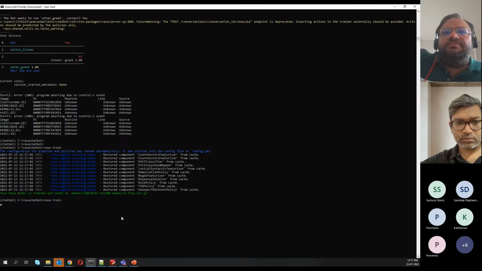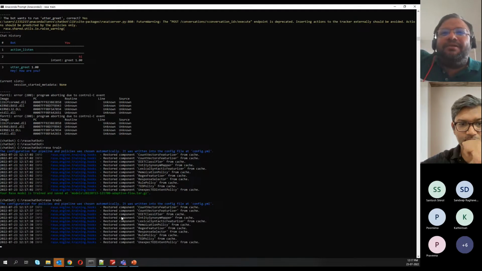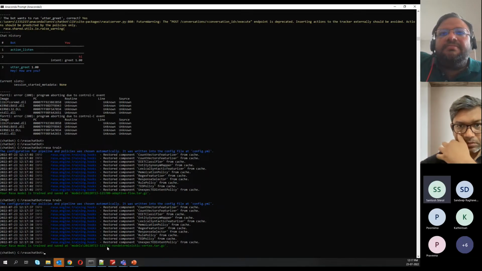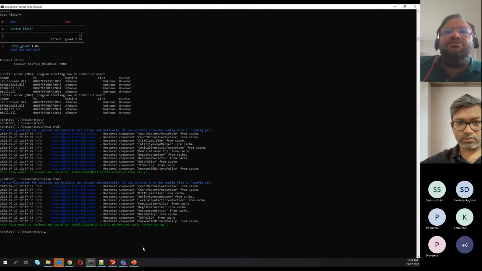The documentation and also my past experience say that even if there are no changes it should not train, but for some reason it is saving again, which is something they have probably changed. The model path number is also different: 121700 here, 735 there. Are these Rasa version 3 changes for you? Okay, so let's do a Rasa shell.